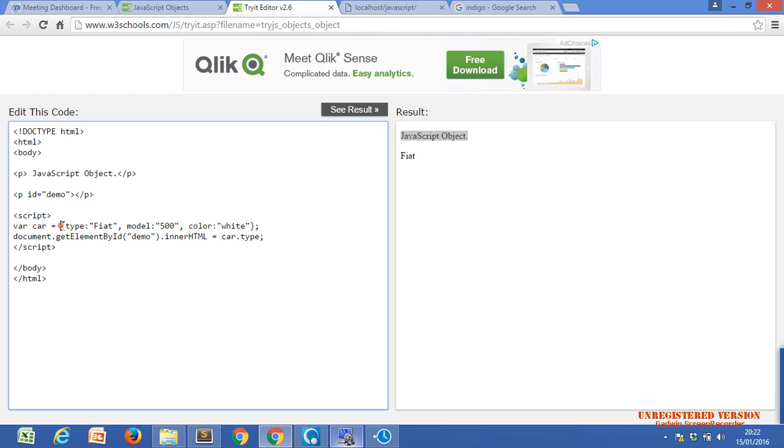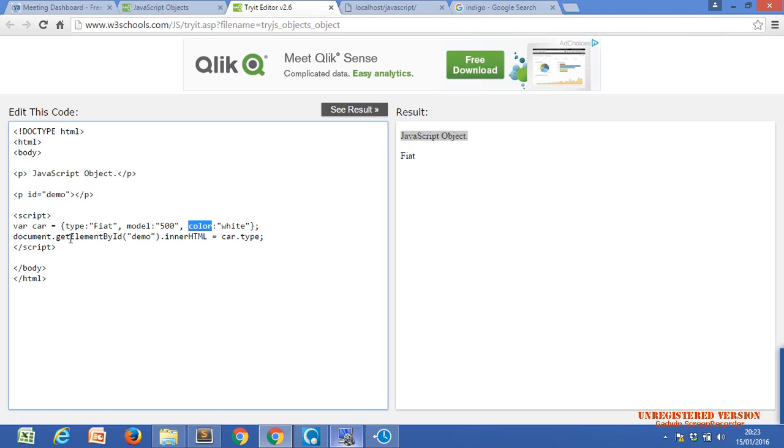What we assign within the curly brackets is the key, colon, the value, comma, key, colon. This is not a semicolon, this is only a colon, with the shift key. Then color, colon, value.